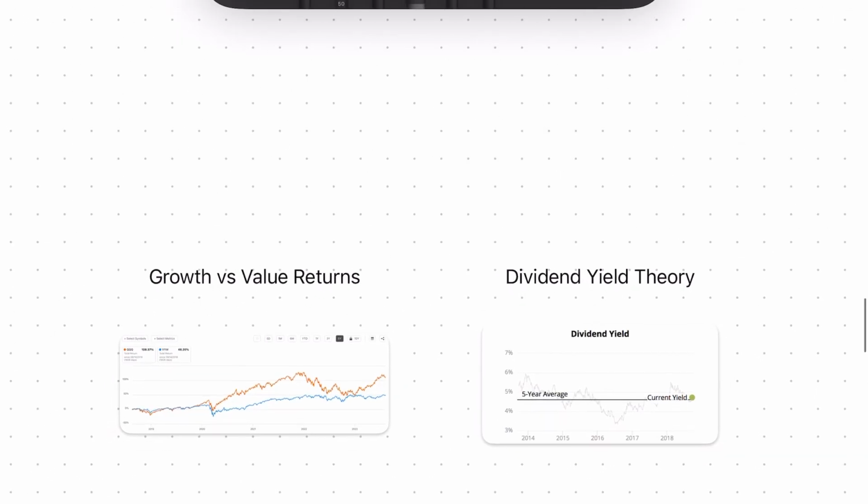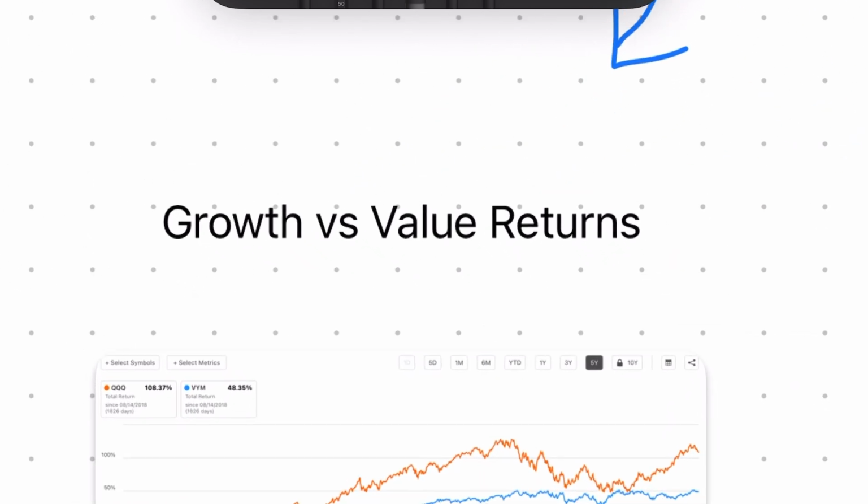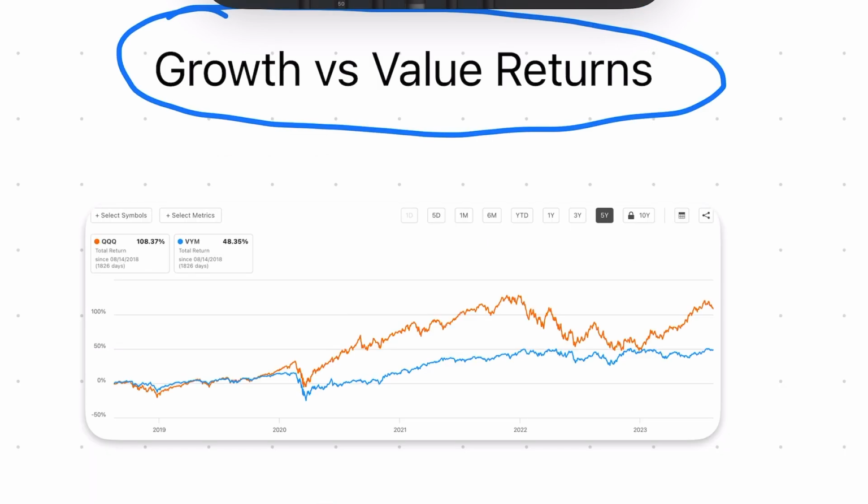And that's why in today's video, I want to cover two, I guess you can call them areas of confusion that I see pretty often in the investing world. The first one is the whole debate of growth versus value investing. Which one is better? As you would imagine, it's more complicated than just choosing a line that goes up and to the right more than the other ones.